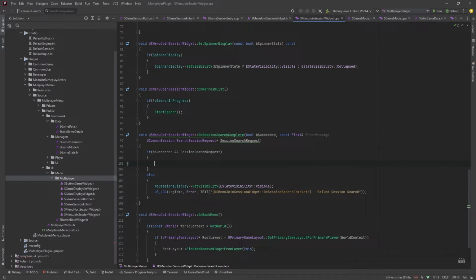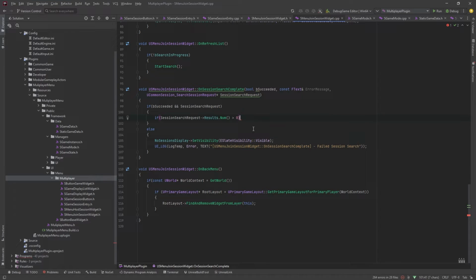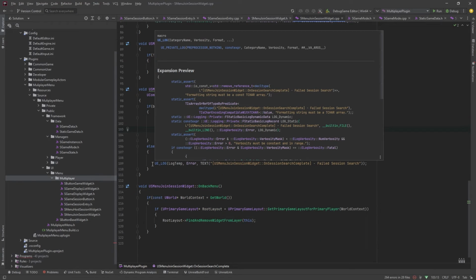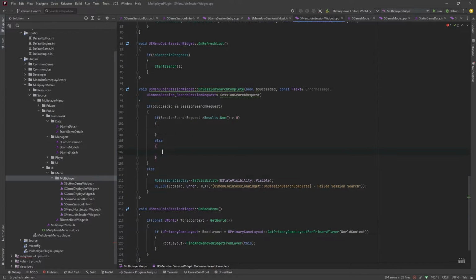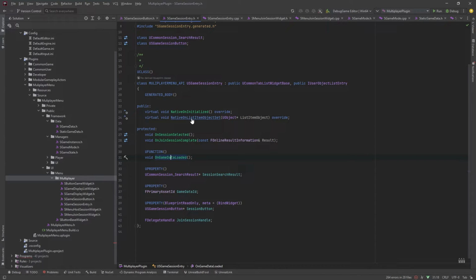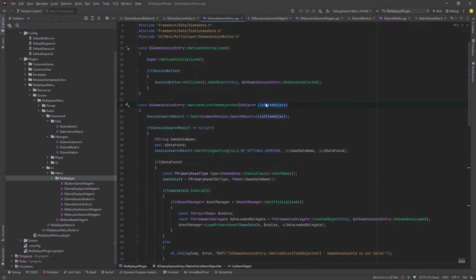In the succeeded branch here, we just want to check if we actually have some results. So does the results array have results of servers that it's found? And again, if it doesn't, we don't need to log an error this time, but we just want to display our no sessions found display if there's none. So now our list view, we just want to set the list items and we're going to pass the results. And then if we go back to our entry, that'll start firing off these list item objects, and that'll be the session search result, and it'll start populating each list